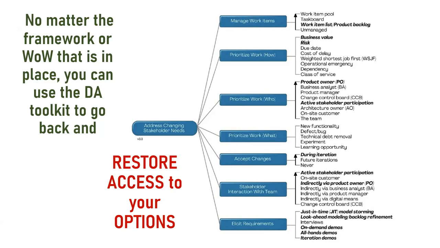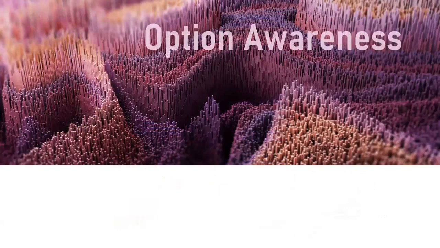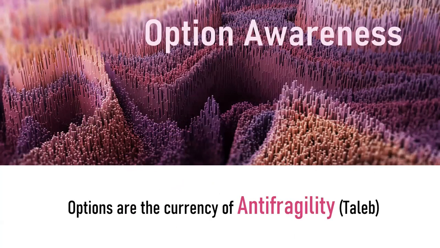And this is extremely important because we've all heard the term resilience, companies need to be resilient these days. I go way beyond that. Option awareness is the absolute single most important thing. It's the currency of anti-fragility, according to Nassim Nicholas Taleb. Anti-fragility is what people actually want when they talk about resilience. They just don't know. People talk about resilience as getting better after a storm, or getting better after something like COVID-19, or a new normal after COVID-19.